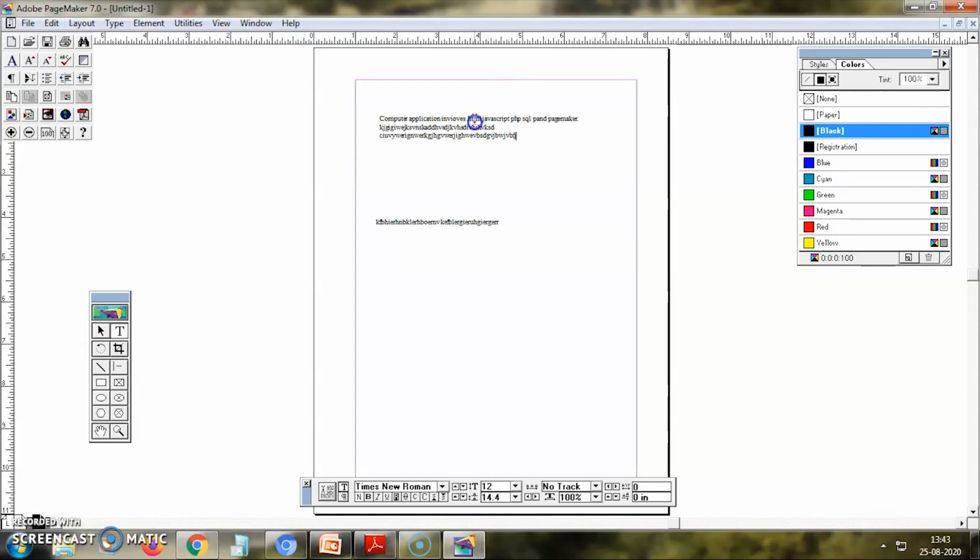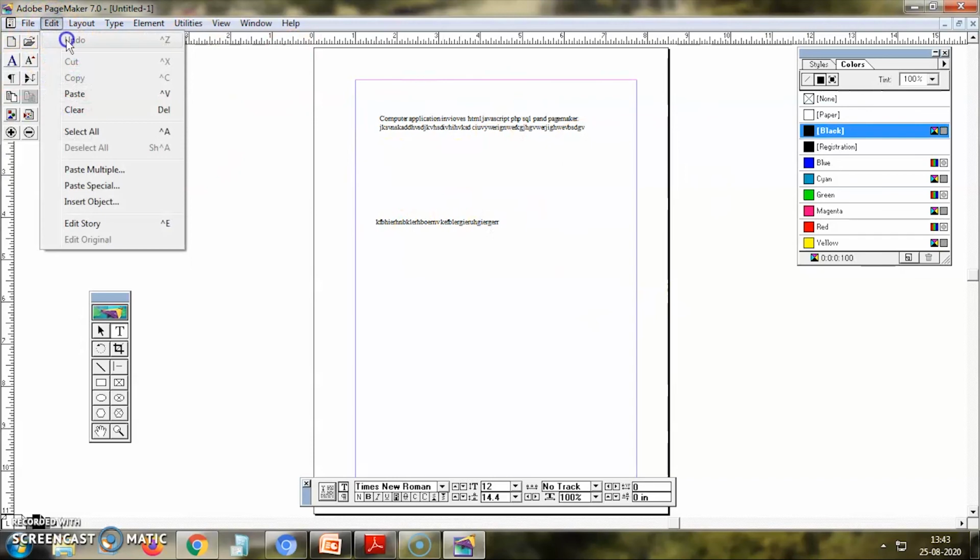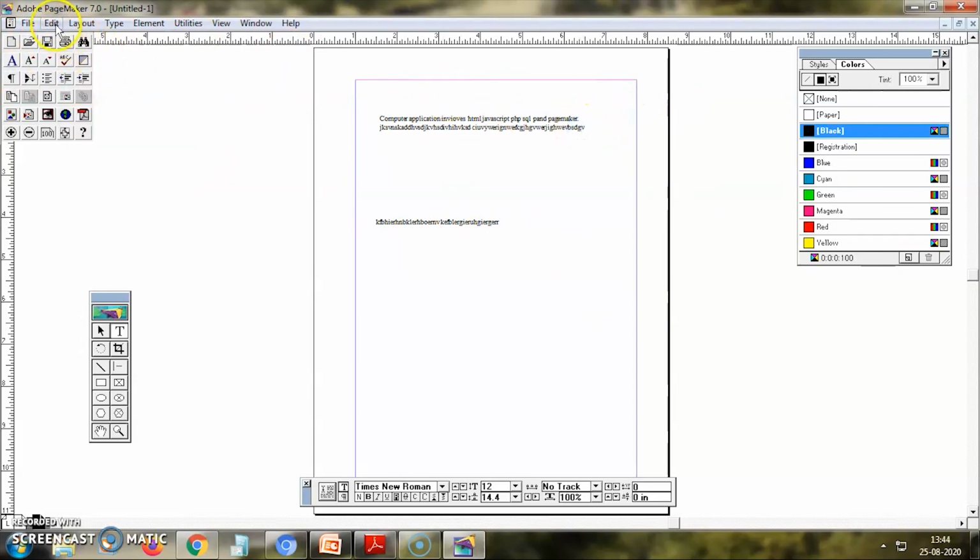So like this, you can select text using the mouse and also using the keyboard. If you want to delete from the right, you have to use Backspace. In the same way, if you want to delete from here, if you press Delete, it will be deleted like this. So from the left side you use the Delete key, and from the right-hand side you must use the Backspace key. Now I have deleted something. If I go to the Edit menu and click Undo, it will be restored. So Control Z will undo it.